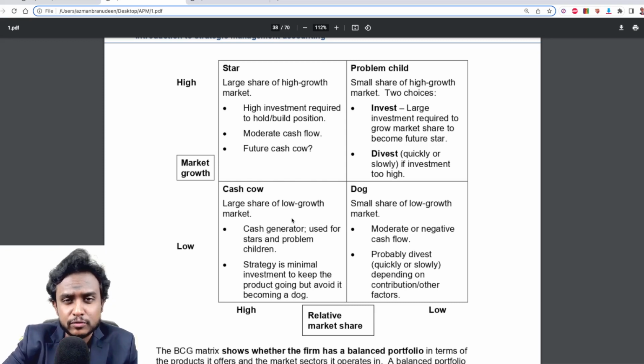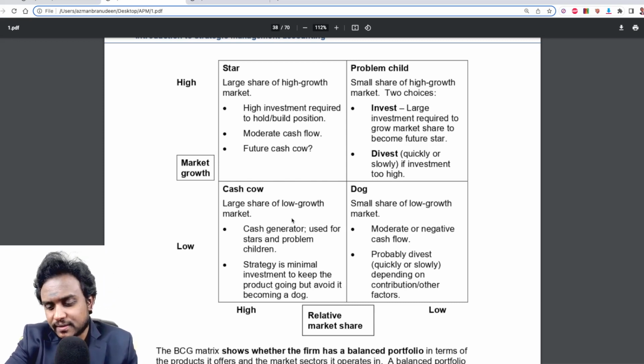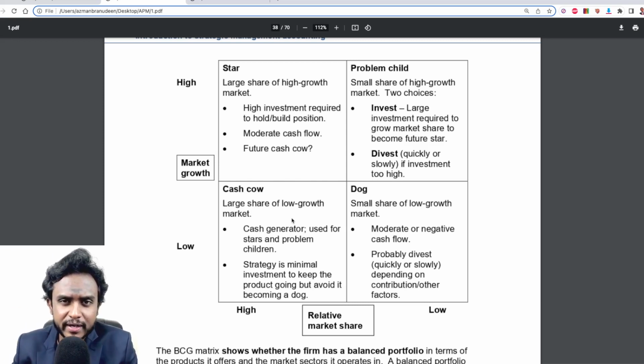and you would also want to consider the potential of turning it into a future cash cow, because you do know that there is only so far you can go with high market share. The highest and the best position you can have is monopoly. If you hit 100%, if you really saturate the market, then of course you've got the perfect position. At that point, you've saturated and you cannot really grow further, right? In such a case, it will automatically turn into a cash cow, because you're not really pushing the envelope further. You're just trying to generate and extract as much value from it as you can,